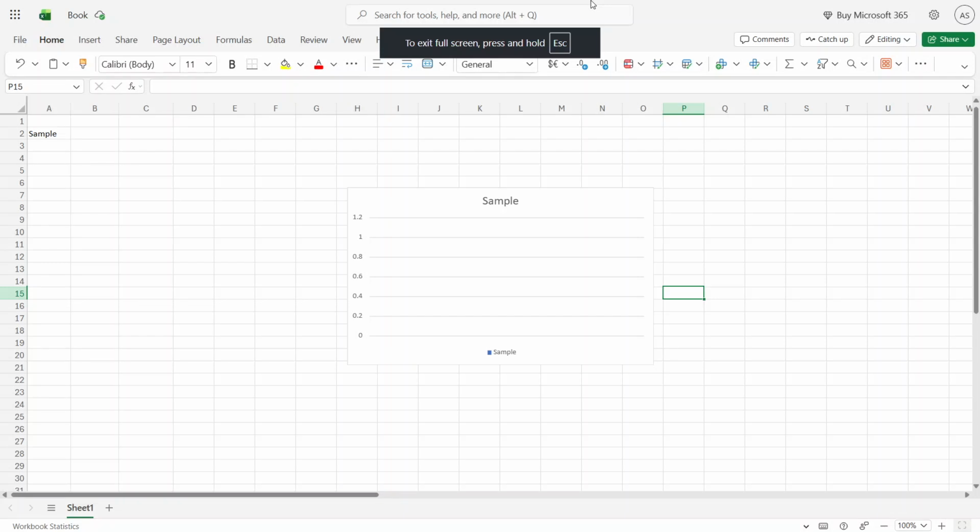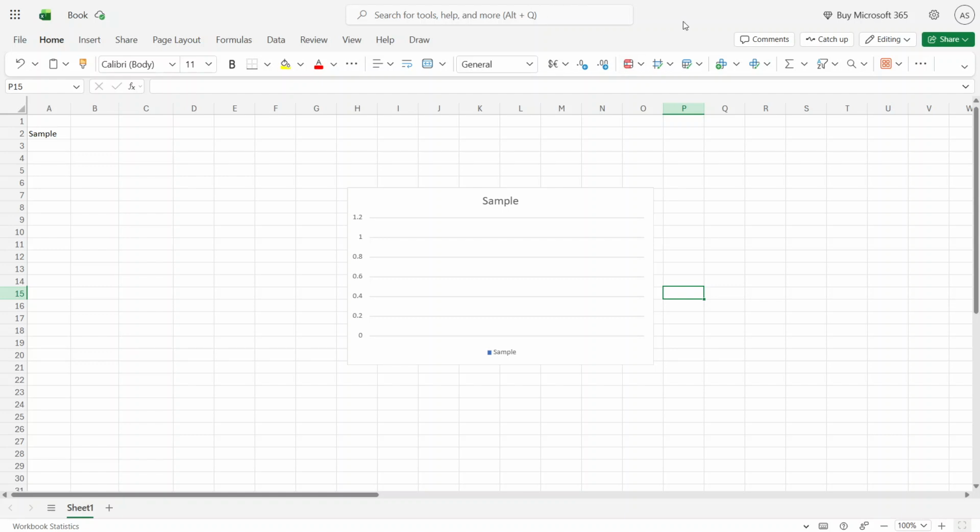Today's video, I'm going to teach you how to add a legend to a graph in Microsoft Excel if you want your chart to be easier to read. Adding a legend is a simple but very useful step. A legend helps identify what each color or data series represents, which makes your graph much clearer for anyone viewing it. In Excel, this only takes a moment, and you can also customize how the legend looks so it fits